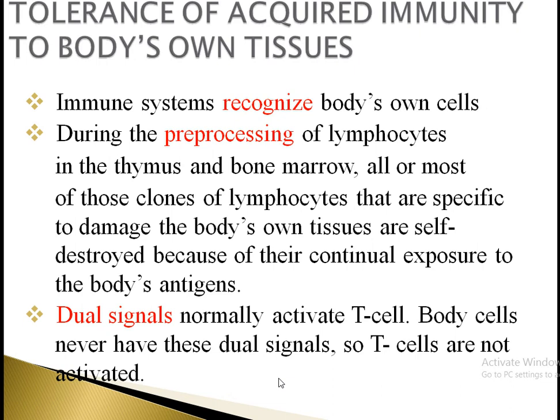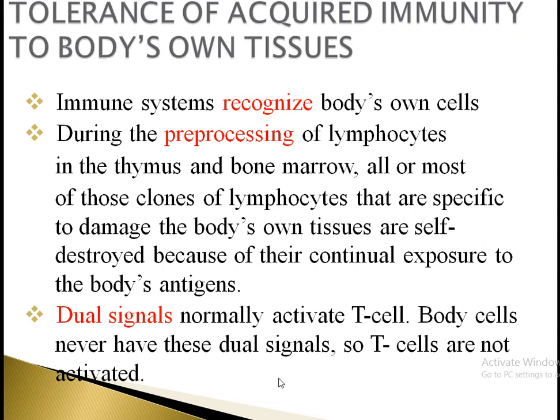So there must be a thorough check on these reactions, so that they engulf only the infective tissues. They must kill only the infective agents, leaving the healthy tissues. So this is our body's own tolerance,